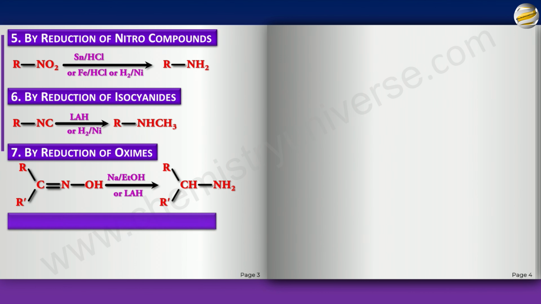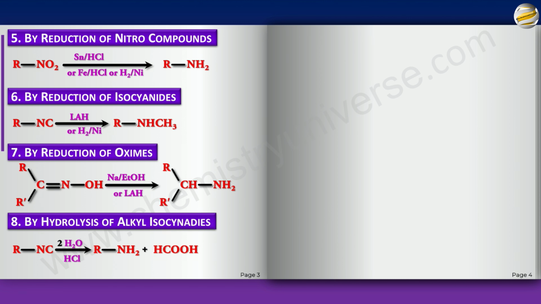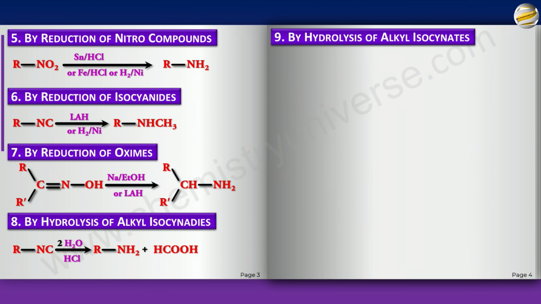You can do the hydrolysis of alkyl isocyanides. So the same RNC that we used here, you can do the hydrolysis. But when you do the hydrolysis, you will again get a primary amine in this. And the carbon part of NC will become formic acid. And lastly, you can do the hydrolysis of alkyl isocyanates. Remember, this we did when we did the Hofmann bromamide reaction and all. And here, you treat it with KOH and hydrolysis, you'll get RNH2. This is exactly what we got in the Hofmann bromamide degradation.